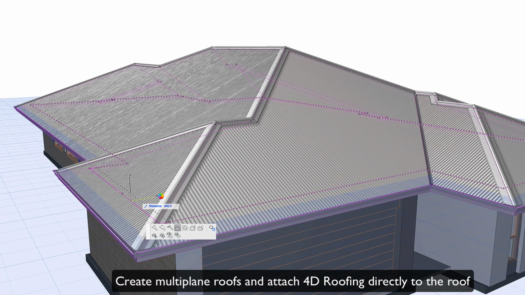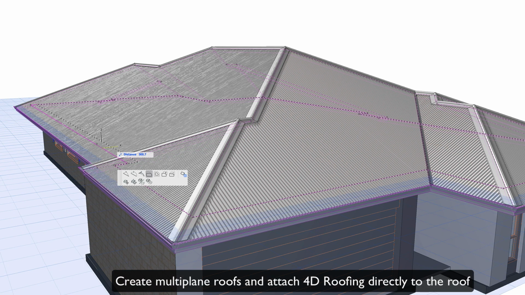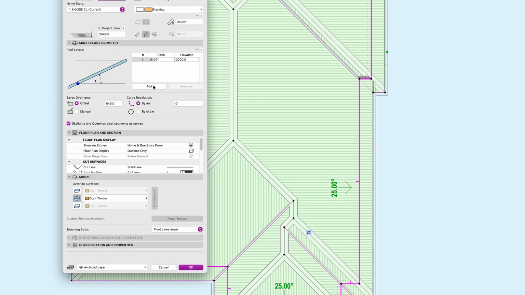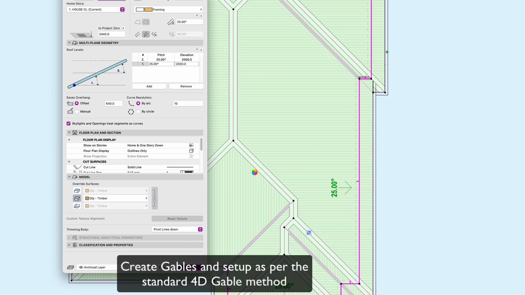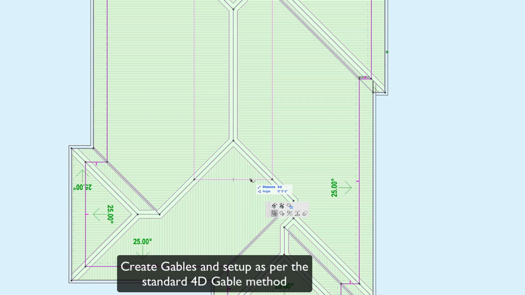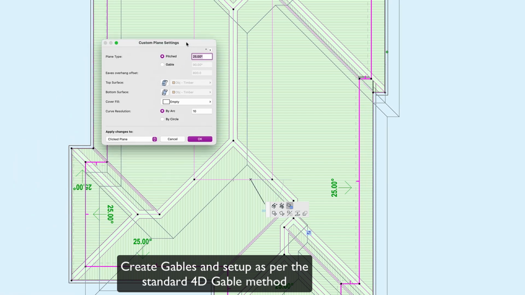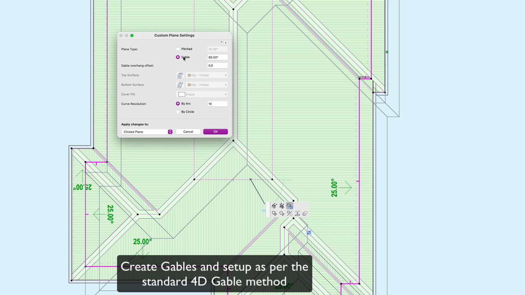So here we have a multi-plane roof that has the 4D roofing attached to it. Every segment of the multi-plane roof has individual linked 4D roofing objects. Here I am putting in a gable end, using the multi-plane method where you can gable end